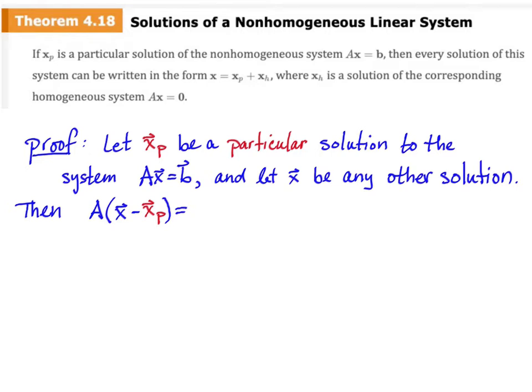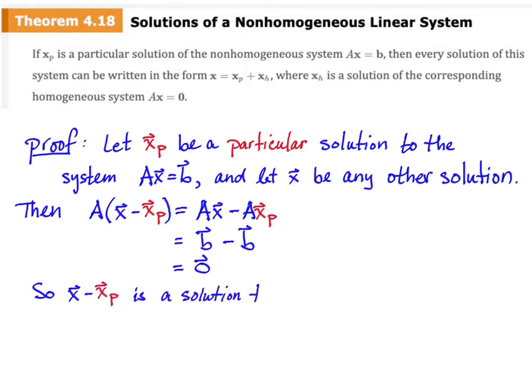If we multiply X minus X sub P by the matrix A, that's the same as multiplying X by A and multiplying X sub P by A and subtracting. But both of those products are equal to B. So A times X minus X sub P is the 0 vector. Well, that means that X minus X sub P is a solution to the homogeneous system, AX equals 0. So now we can write X